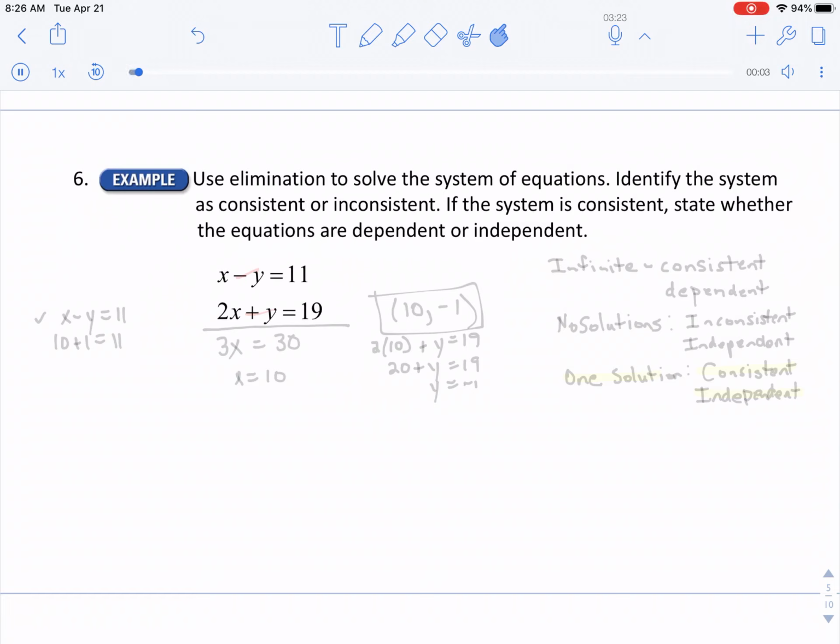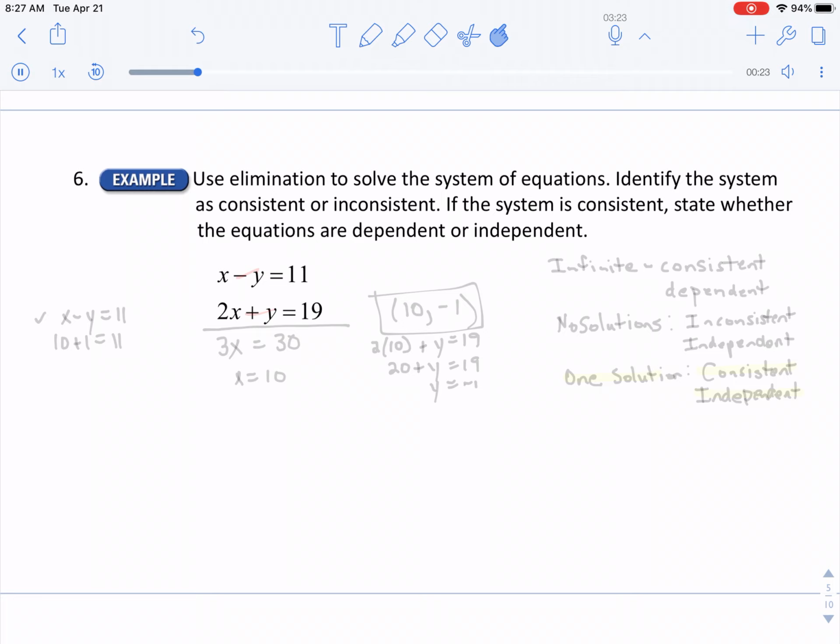This is the review for test 3, problem number 6. It says to use elimination to solve the system of equations. Identify the system as consistent or inconsistent. If the system is consistent, state whether the equations are dependent or independent. So before we work on the problem, let's talk about that terminology because that is going to be on the